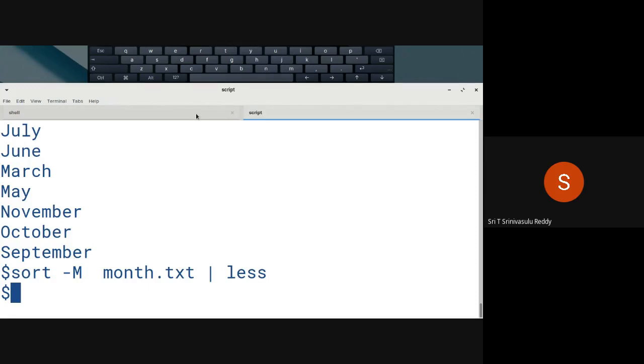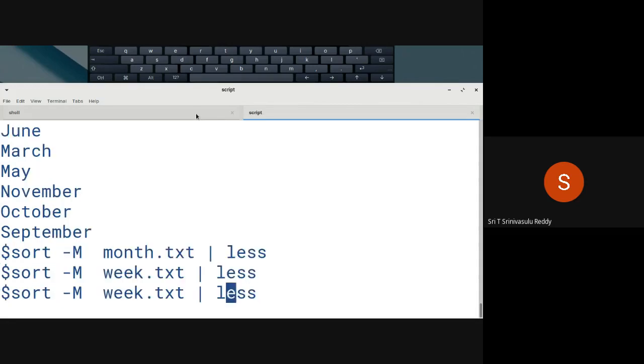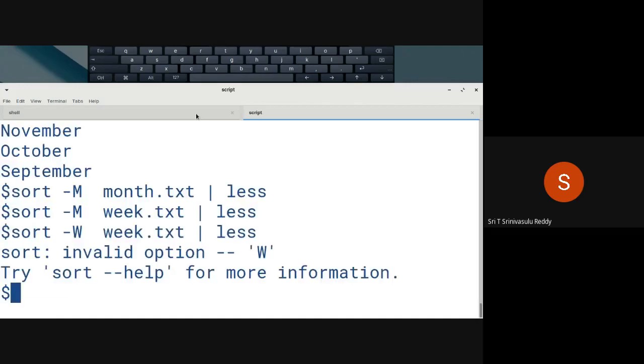Similarly, for week also, whether you have anything of that nature, we don't know. We'll have to look into that and see whether anything does that. As it is, it doesn't understand anything there. But for week, by any chance, do you have anything? It's not displaying anything at all. When you give it minus W, it doesn't understand what this W stands for, right? But for months you have, and I think for weeks also there must be an option. You can just go through the man page for sort. It should help you. We will cover that later on also.